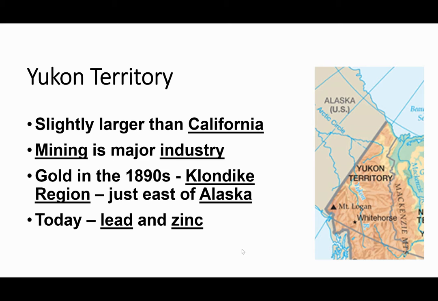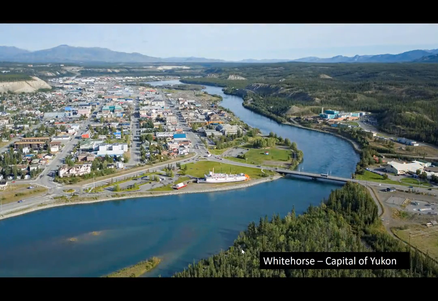And in time, he decided that he would write a novel about those dogs. And the name of the novel is Call of the Wild. And perhaps you're familiar with that novel. It's written by Jack London. Now, he was the young man who tried to find gold in California and then later in the Klondike region. So even though he didn't find gold in the Klondike, he did find a way to become famous anyway by writing a novel about dogs. This is Whitehorse. This is the capital of Yukon.